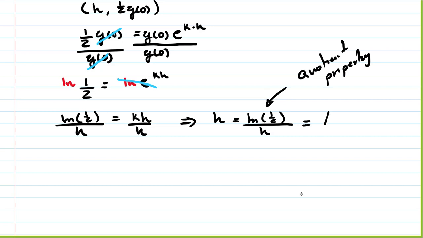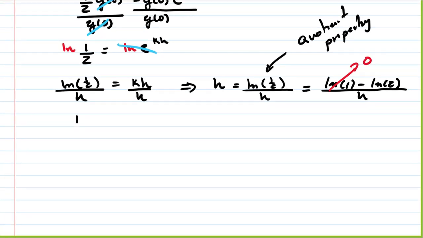So that's the same as the natural logarithm of 1 minus the natural logarithm of 2 all over h. And what's the natural logarithm of 1 equal to? Well, e raised to what power gives you 1? 0, right? So the natural logarithm of 1 is 0. So finally, after all of this,